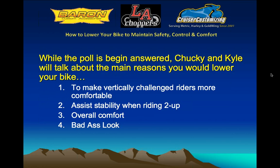All right. So that's awesome. The main reason is to touch the ground, and then of course for comfort and control. So a couple of the main things I thought about when I was preparing this webinar was, why do people do it, right? To make the vertically challenged riders more comfortable, which was the number one response from the poll, to assist in